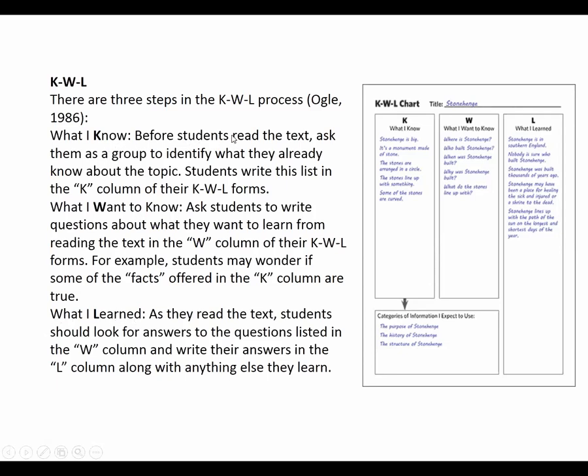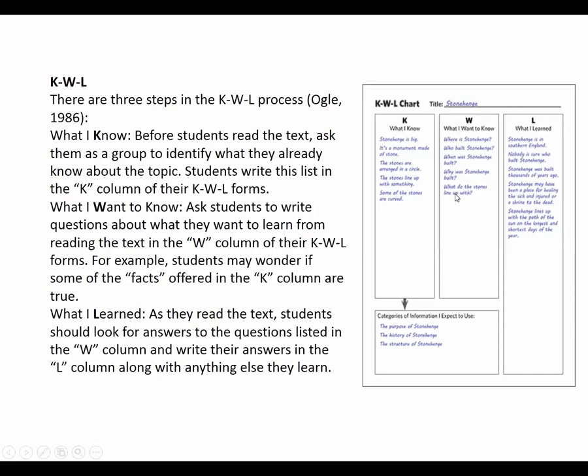Okay, so before students read the text, they will write in this column about what they know about that text. अब अगर कोई टाइटल है स्टोन हाउस, सॉरी स्टोन हेंज, ठीक है, तो what they know about the text, already know whatever information they have, and then